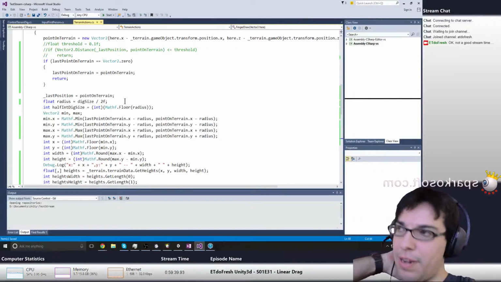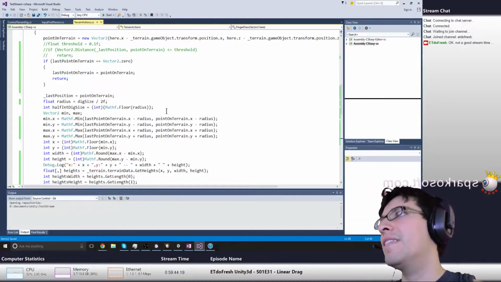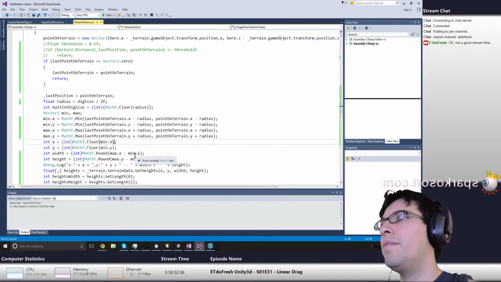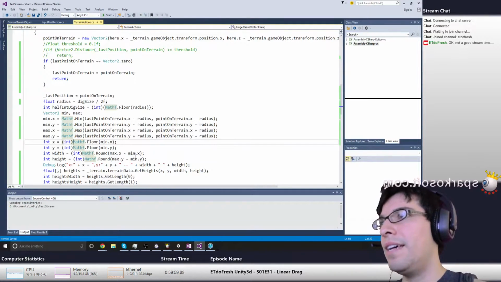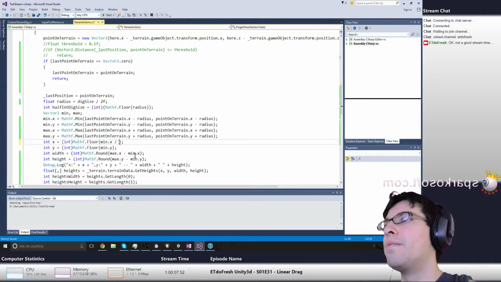So it's not really the point on terrain. This is more of, yeah, the point in terrain in Unity units. So we need to get the point on terrain. I could almost, yeah, no, I could almost, but I won't. You're going to be math.floor.x. Yeah, I can even do more stuff. Alright, so we have min x. So that is the x in Unity units. We're going to divide that by